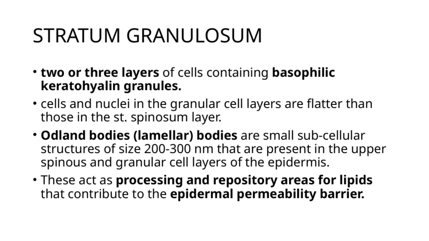Another important feature in this layer is the presence of Odland bodies, also known as lamellar bodies. These are small, subcellular structures, roughly 200 to 300 nanometers in size, and are found mainly in the upper spinous and granular layers. These bodies act as processing and storage sites for lipids, which are essential for maintaining the permeability barrier of the epidermis. Essentially, they help organize and deliver lipids that keep the skin waterproof and protect against external